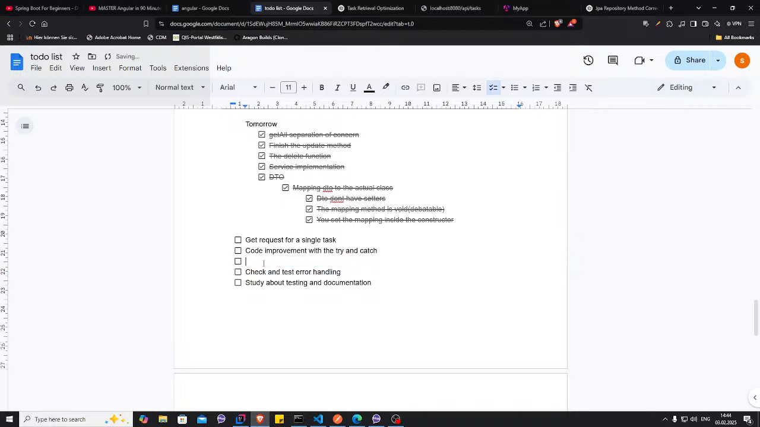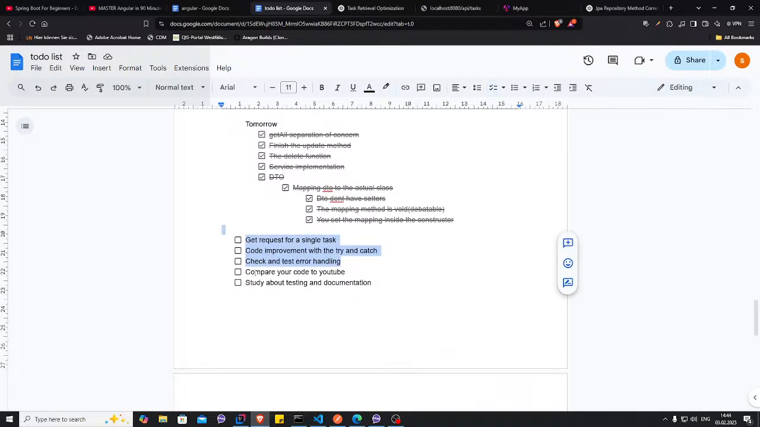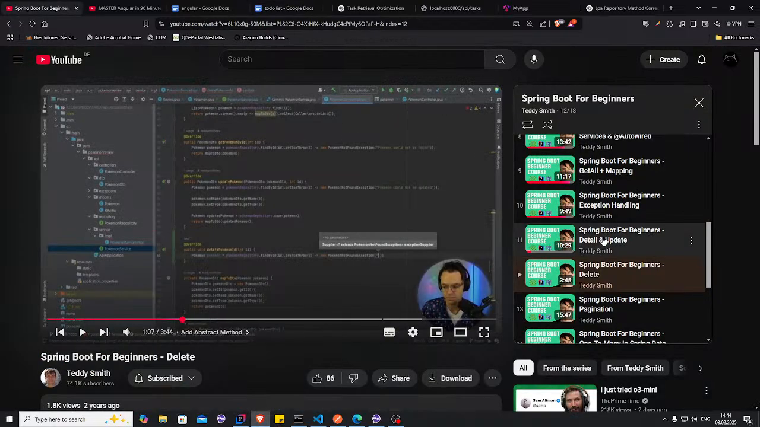And then we will check for error handling and tests. And then I'll compare it to the YouTube, and then I'll do the test and documentation. I think it sounds like a solid plan. We will have enough time to do what I want first, which is about 3 things, then compare it to whatever this guy is doing here,